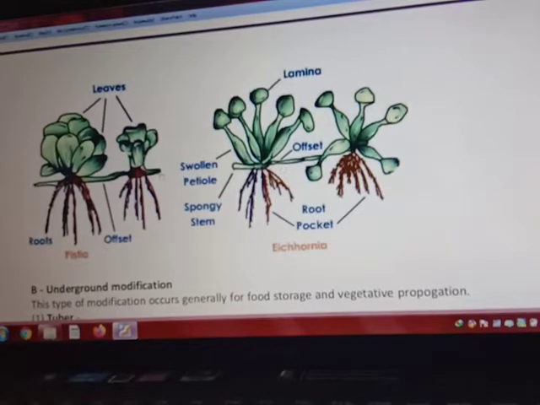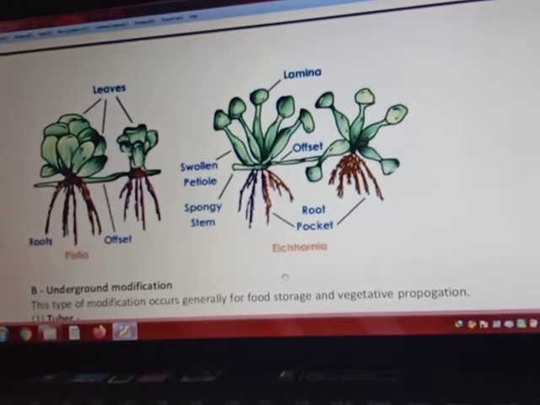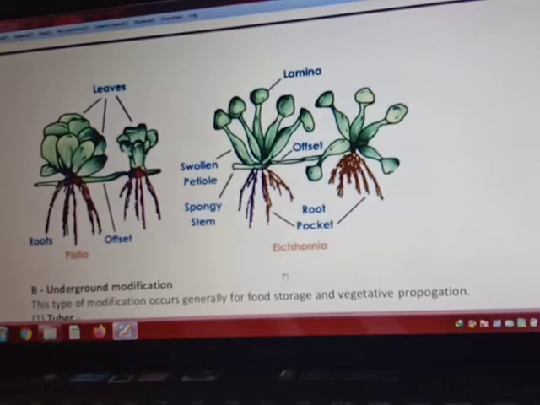Okay, same here in case of pistia, its leaves are swollen. Okay, and therefore along the roots, its stem is modified into offset for giving protection. Here also the stem is modified for protection in the form of offset. So for its example you can remember Eichhornia, which grows in the pond area, mostly in the village area. So students, all of these were the subaerial modifications, alright, which are on the soil or below the soil.